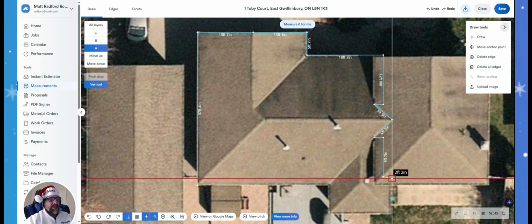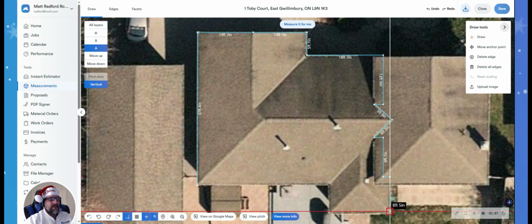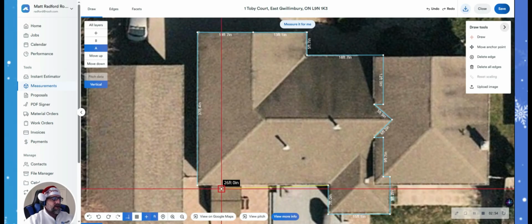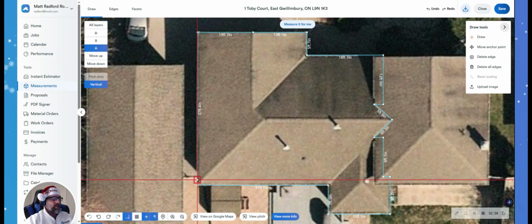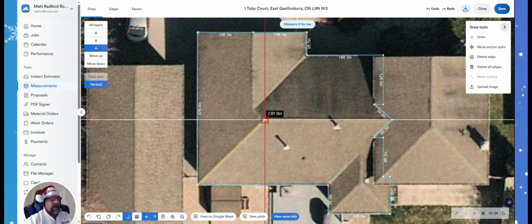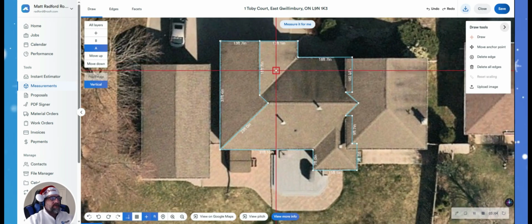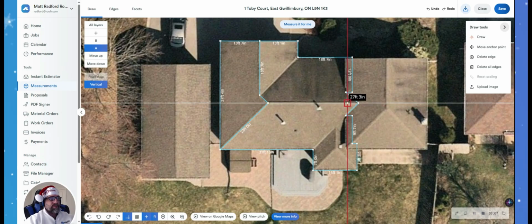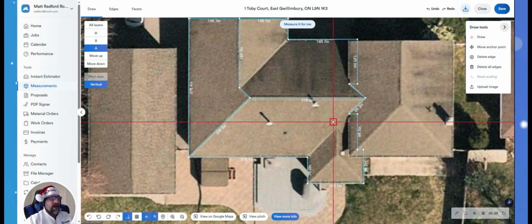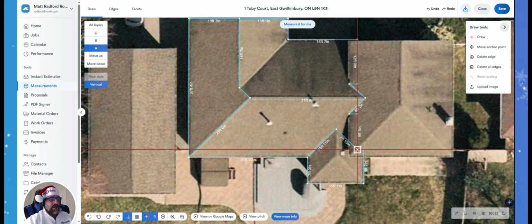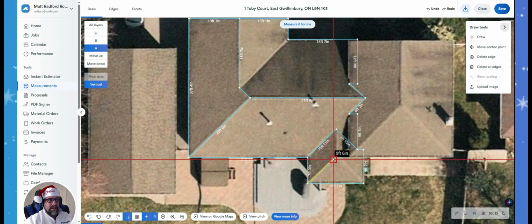And you can be as detailed as you want when doing these measurements. You can even only draw the areas that you want to install the Christmas lights on. I personally like to have the entire roof line drawn out because when I'm giving the homeowner their estimate, I can offer this report. This prints out a full roof report. I can offer that with the paperwork and the warranty information if they sign with me, just as a bonus